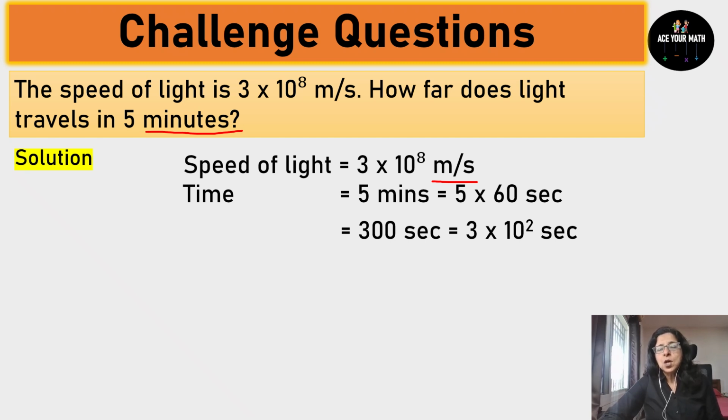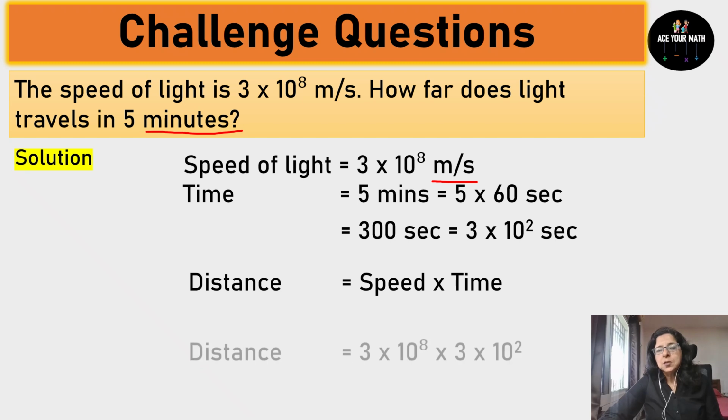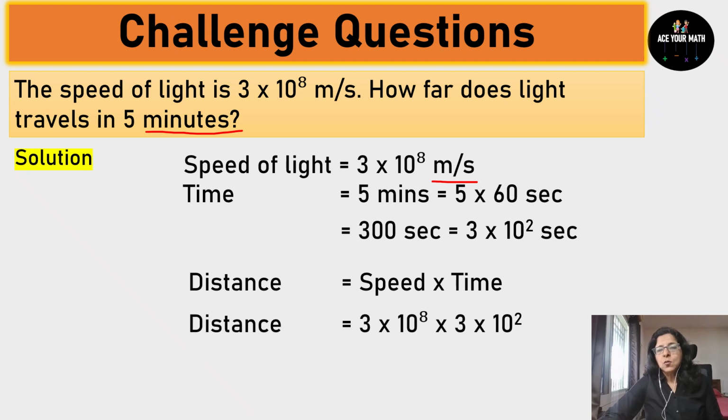Now the question was, how far does light travel? See, it means you need to calculate the distance. See, distance is speed multiplied by time. So just write down the values here. What is speed? 3 times 10 raised to the power 8. What is time? 3 times 10 raised to the power 2. How to solve this